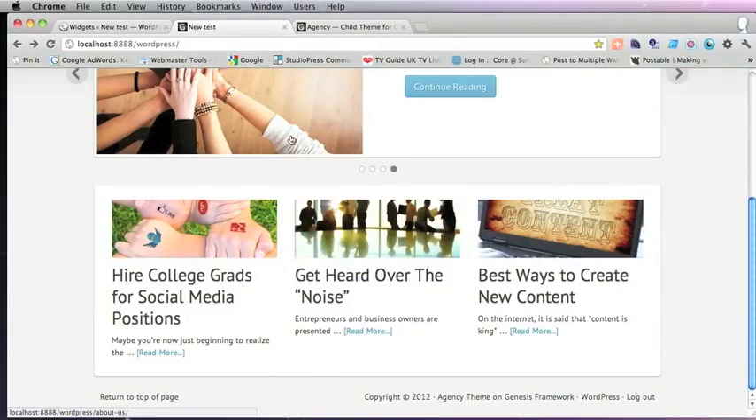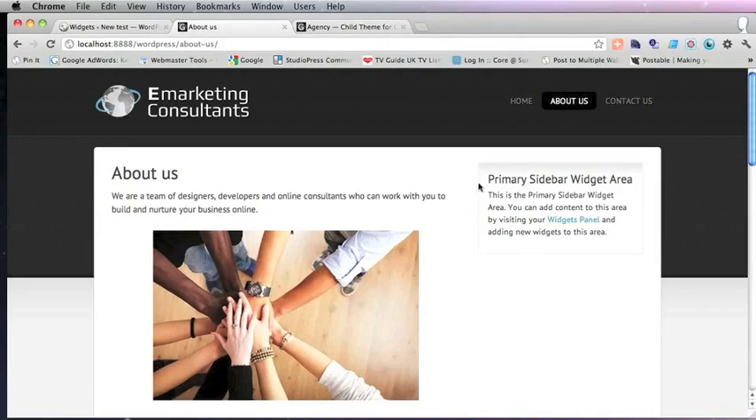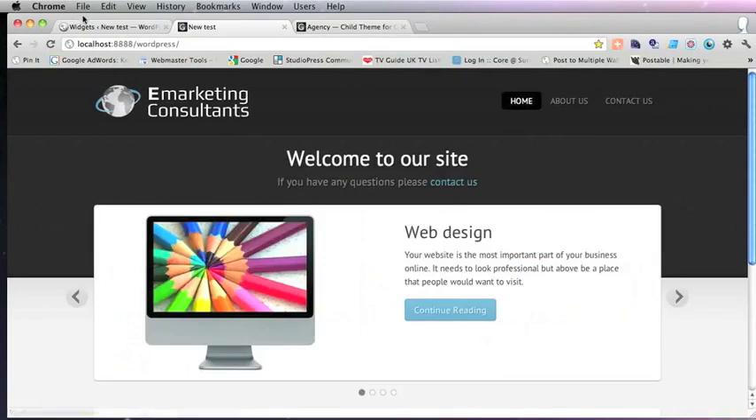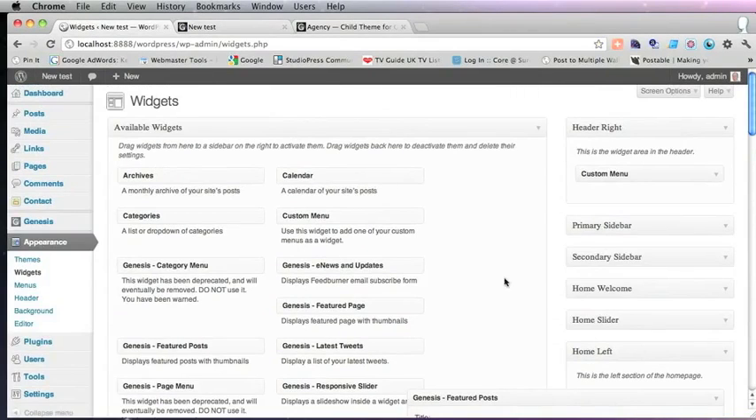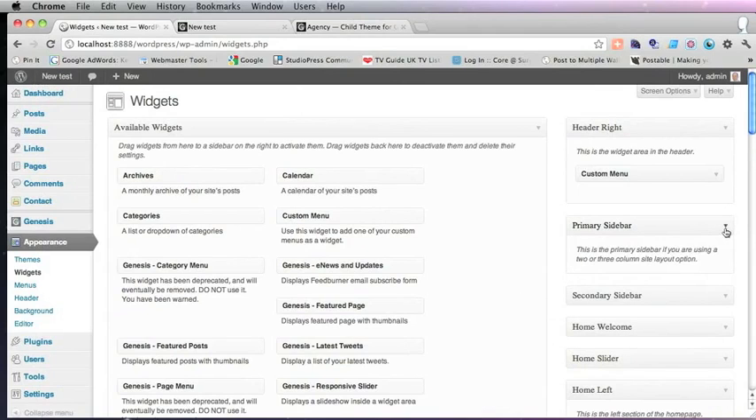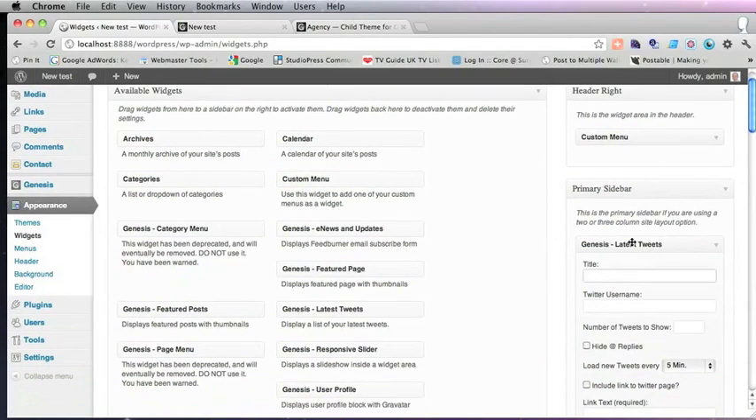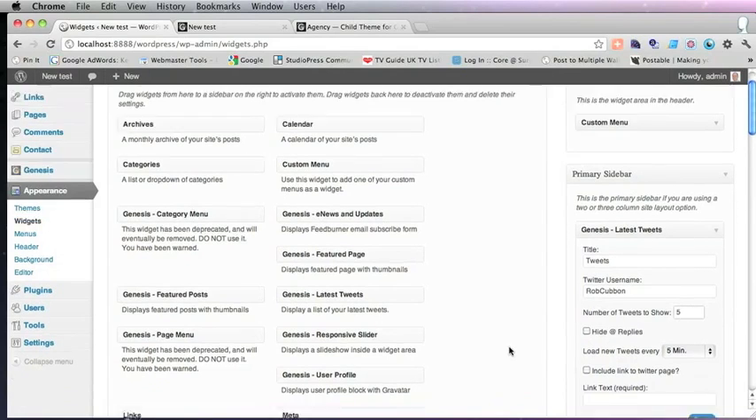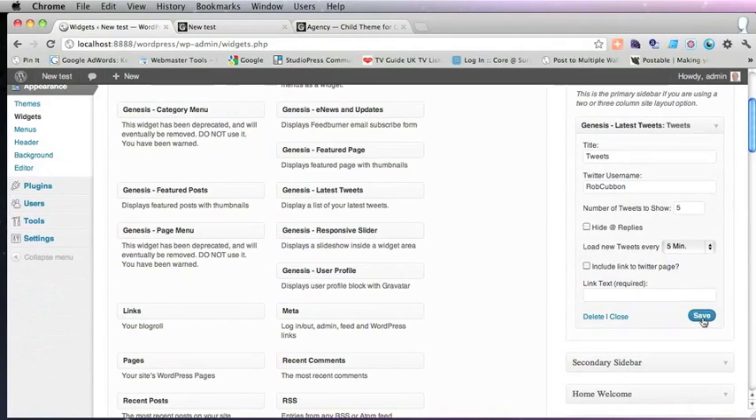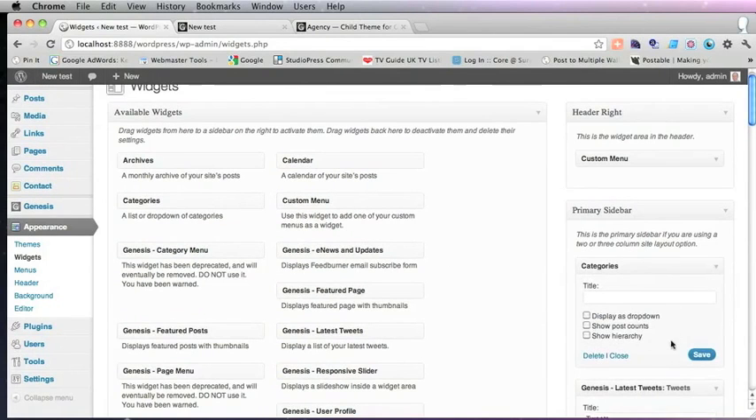Now, any of these will go through to a page or a post, and we've got nothing in the primary sidebar area, so I'll just put a couple of things in there. First of all, we can put tweets and use the Genesis latest tweets there and give it a title and a Twitter handle and show 5 and save that. Or categories